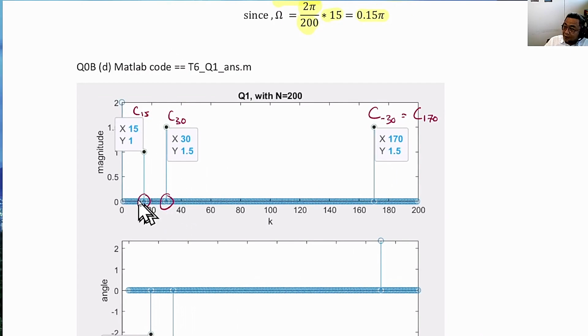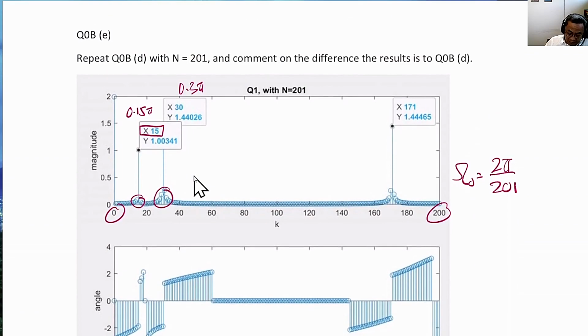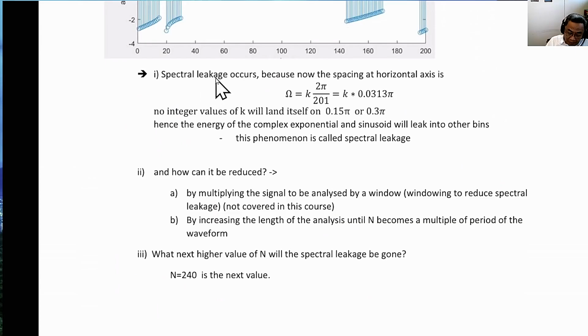Now, in the previous case, the spectral lines perfectly reconstruct the exponentials because all the energies are retained at these coefficients. In this particular case, since the energy is not completely captured at a single index, its energy must be distributed so that by the conservation of energy, this representation will still reconstruct y[n]. So the answer is spectral leakage occurs because we could not get an integer value of k to achieve